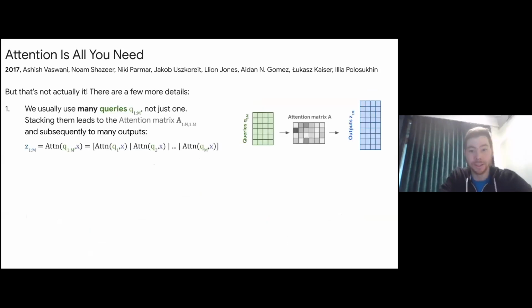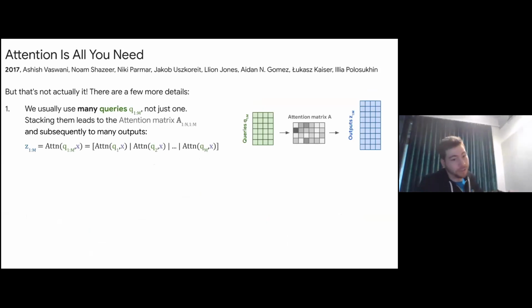The first extra thing is that for almost all practical purposes, we never have just a single query, but we actually have many queries. So I show them here, stacked together into a matrix of queries. And then it means we don't have just a single attention vector or weight vector, but again, we can stack them. For each query, we have one, and then we have an attention matrix. You very often hear or read in papers or see in code the attention matrix. It is the attention vector for each of the queries, which may be many. And then the output also is not just one output, but one for each query. So it's also an output matrix.